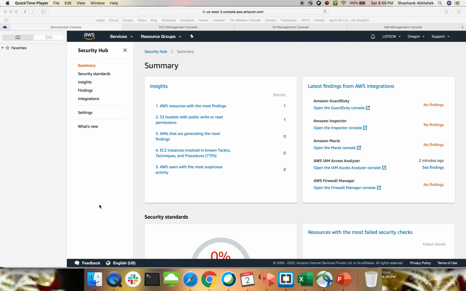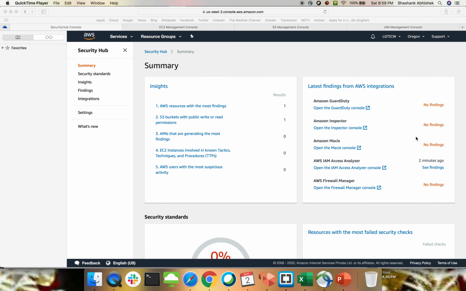So this has finished collecting all the data, a consolidated view with the different tools that we are using, the integrated ones like GuardDuty, Inspector, Analyzer, and other different tools. As I said, this is a brand new account and I don't have many resources within this particular AWS account. So let's review the findings that we have received from the initial scanning. One of the AWS resources has been scanned, which is an S3 bucket with public write or read permissions. The rest are 0.